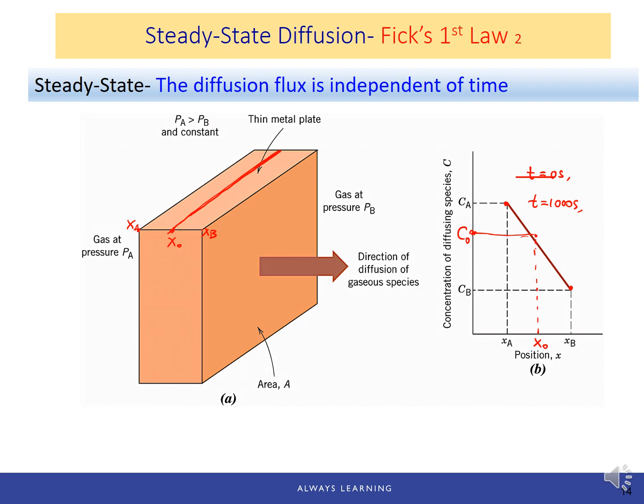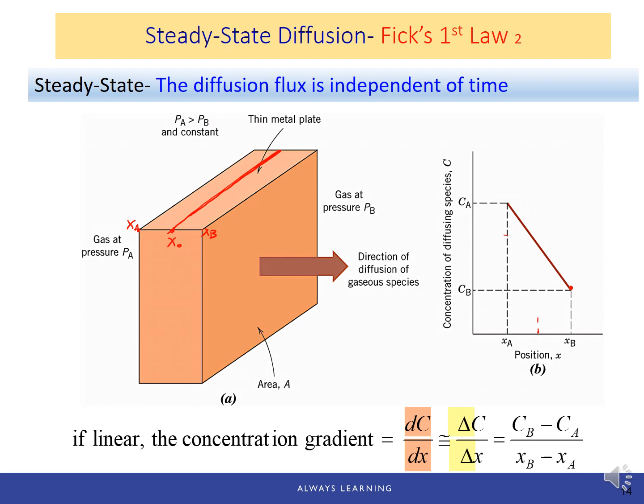And also, for steady-state diffusion, the concentration profile, which is plotted in figure B, is assumed to be linear. You can see that's a straight line. So if the concentration gradient is linear, then we can write this equation. The concentration gradient dC over dx is approximately delta C over delta x. And again, because it's linear, if we use the two end spots to calculate the slope, we have CB,